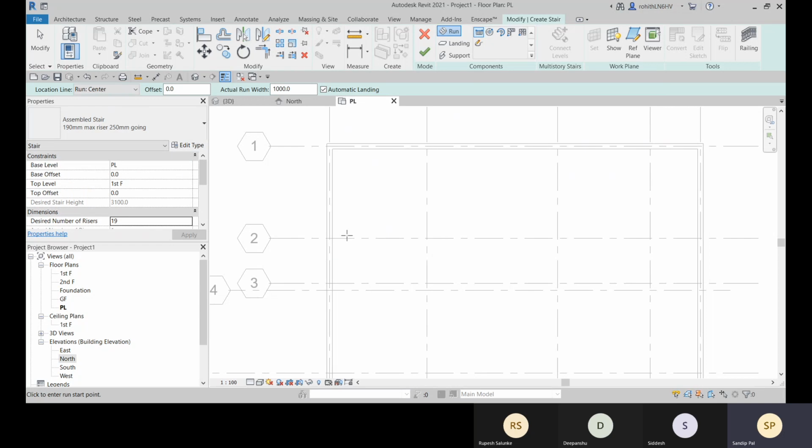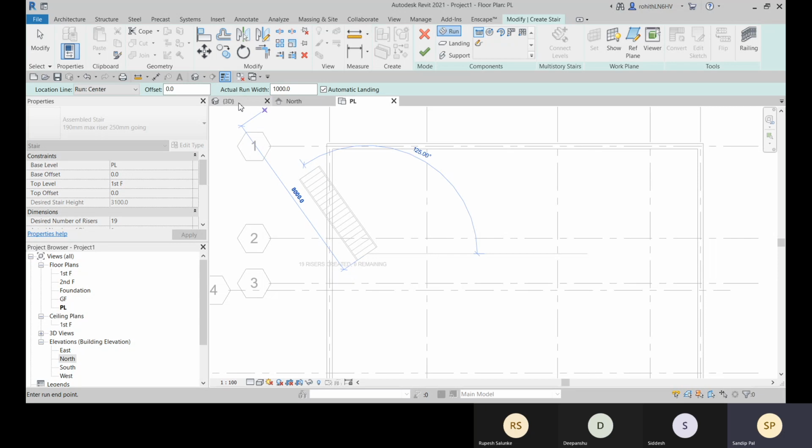Fine. Now let's specify this point. So from here to here, or what will be the right position. So you just define from here to here. Okay. So your 19 risers are created.